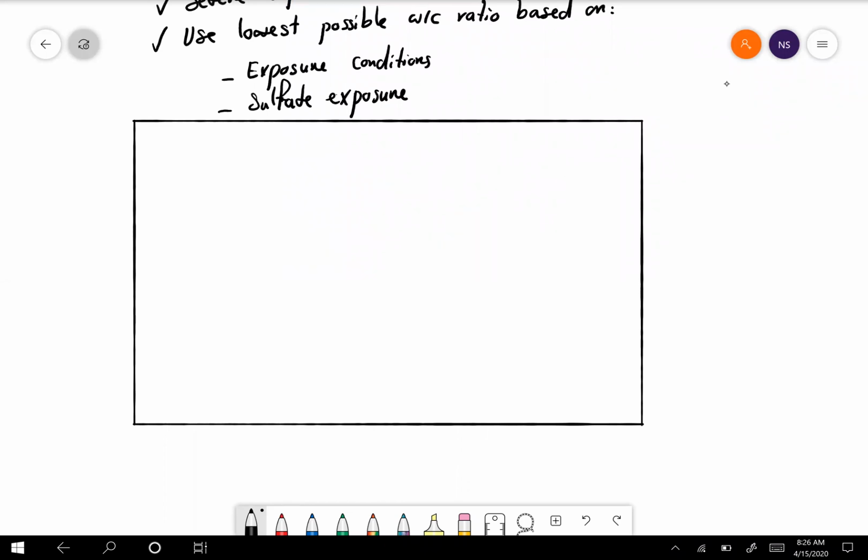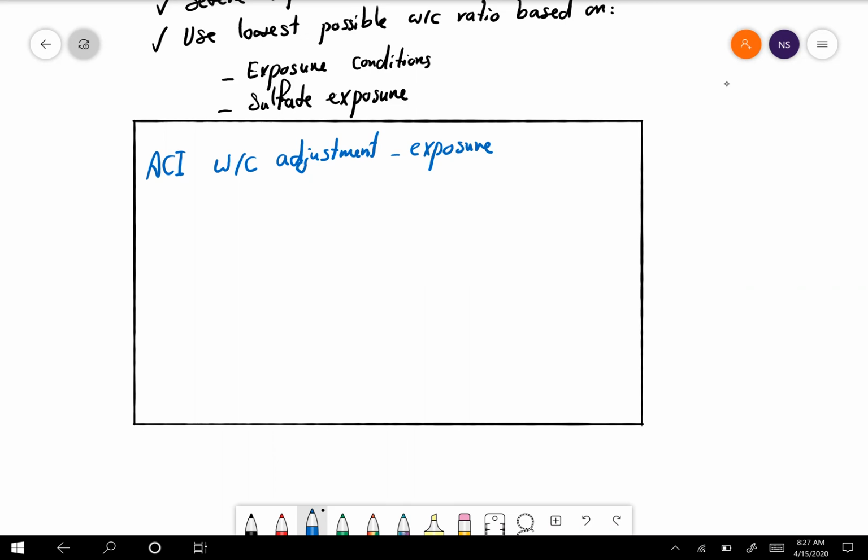This table will show the W2C adjustments. So this will be the ACI water to cement adjustment based on exposure. And I'm gonna paste the table here